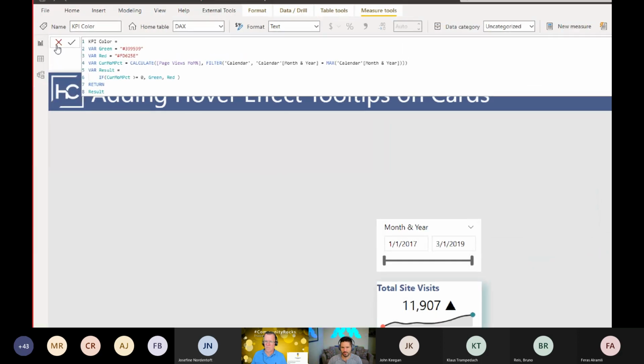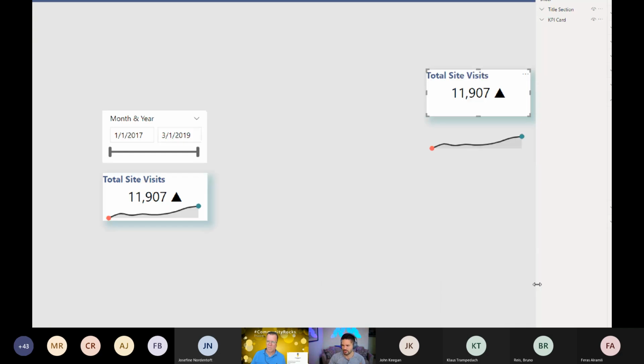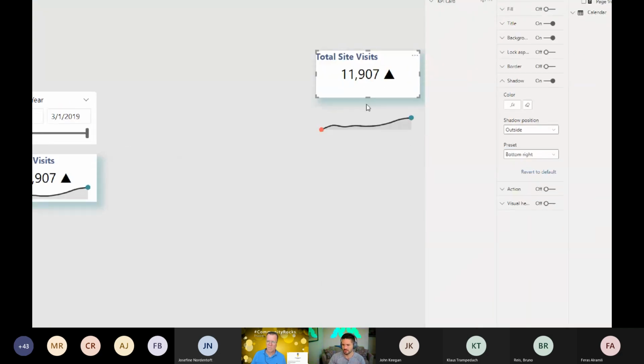There we go. Basically, the end result is whatever this calculation is, it's simply just looking, hey, is this calculation that I have, is it greater than or equal to 0? If that's the case, green, otherwise red. And I just have the 2 hex colors supplied right here that determine the two colors to return. So in the measure, there's my logic of 1 of 2 hex colors to be returned, and I can push that into this element. I could have done this, by the way, with a background color.